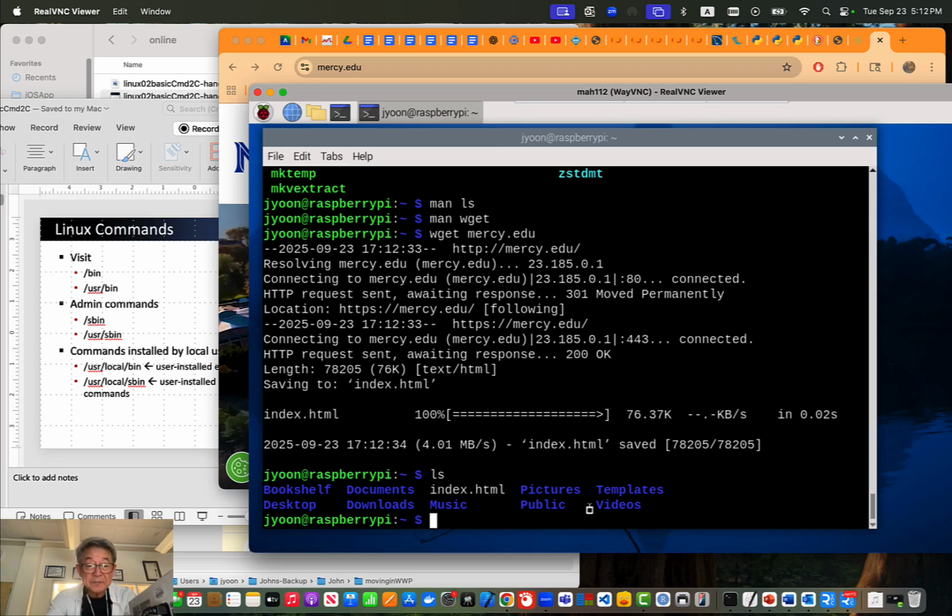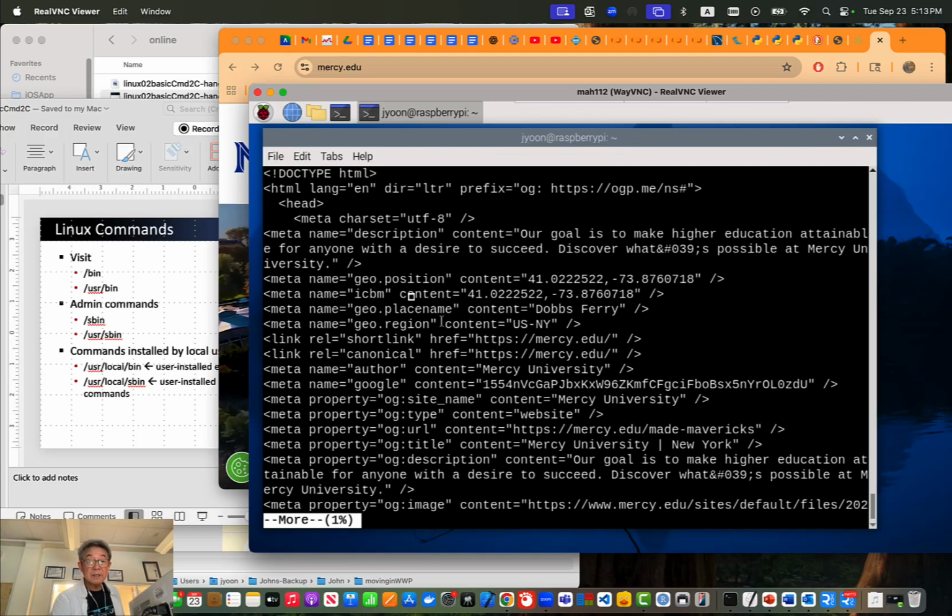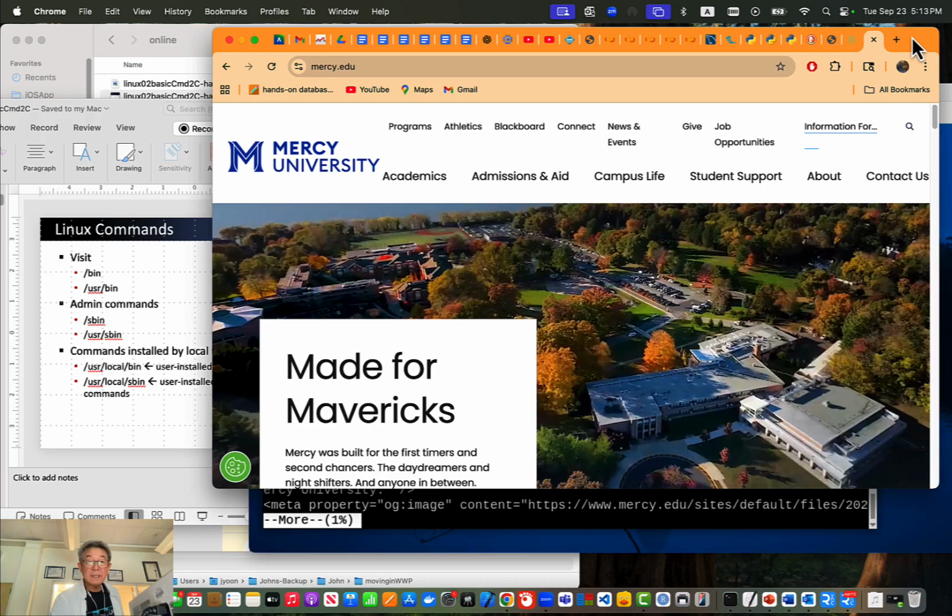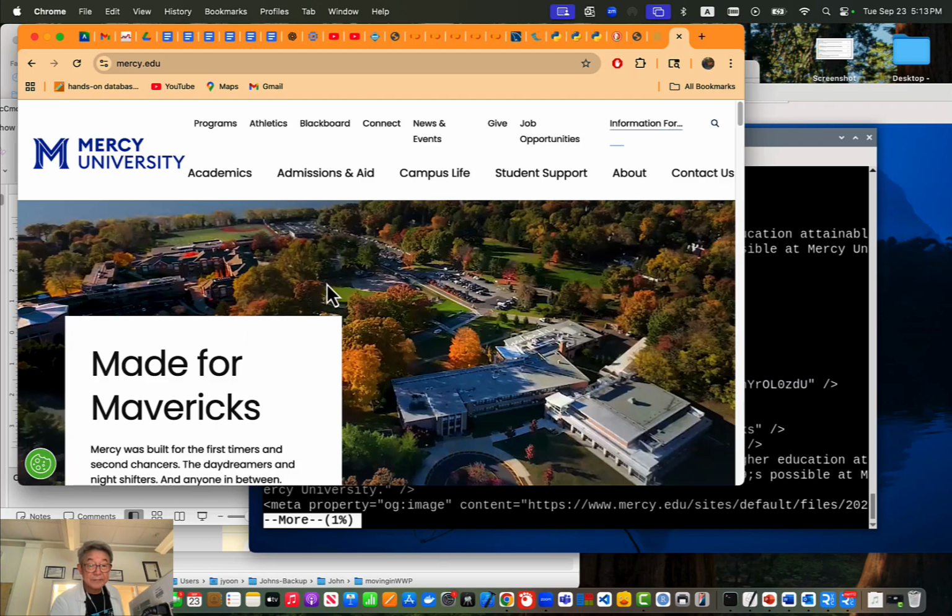So if you want to see the content of that file, there are many commands available. One simple command that you can see is more. So if you type more followed by the file name, which is index.html, then it gives you page by page. Page means screen size. So if you hit enter, then this is the first page. That page that you can see here, this is mercy.edu. If we want to get,